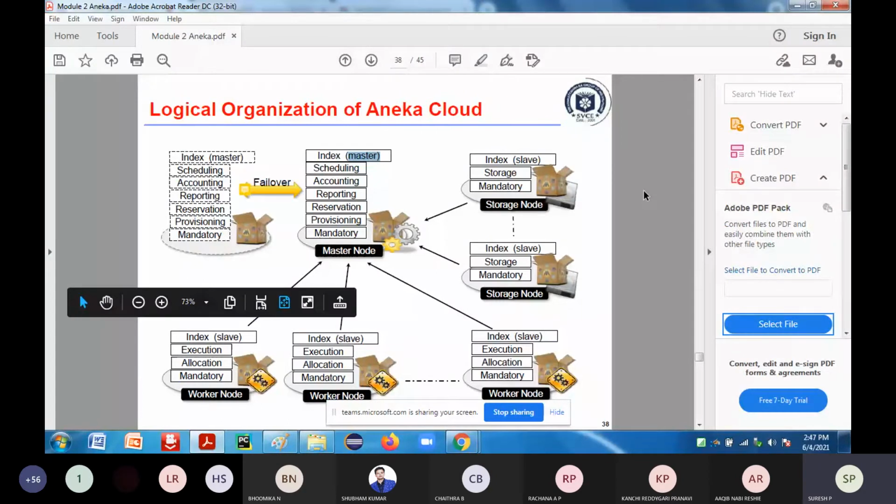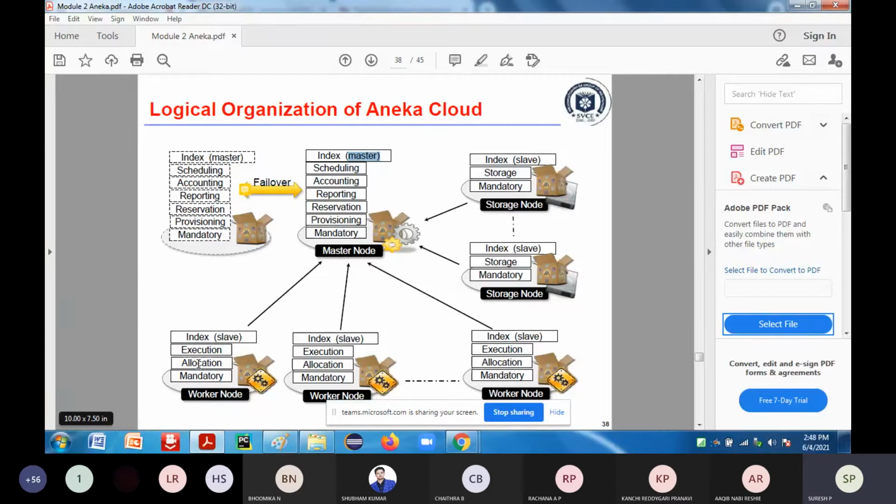those particular services provide for the execution of the applications. So this is the worker node. This is mandatory because the execution of the application is done at the worker node. This execution service is a mandatory service, and each specific execution service is supported by your master node. Each service will be supported by the programming model of the cloud.